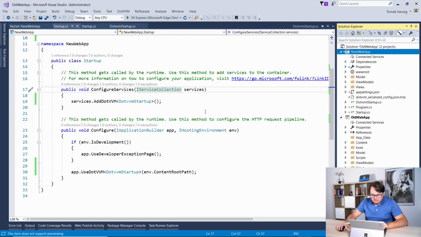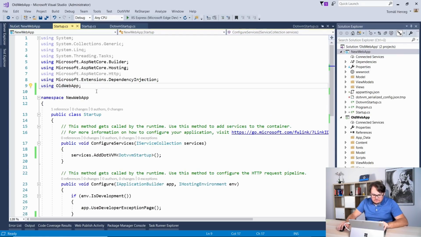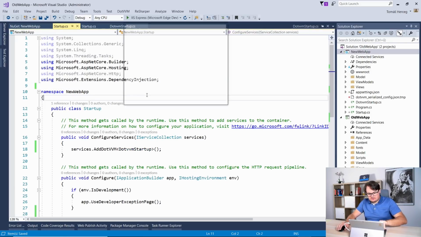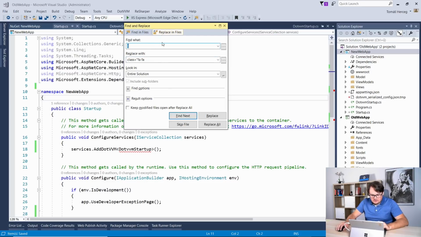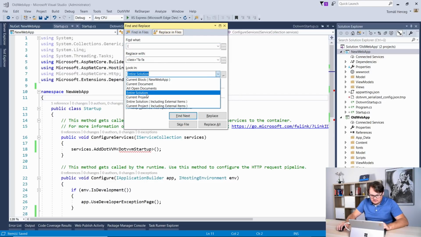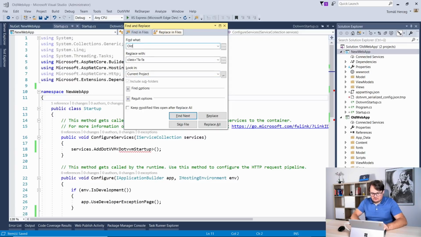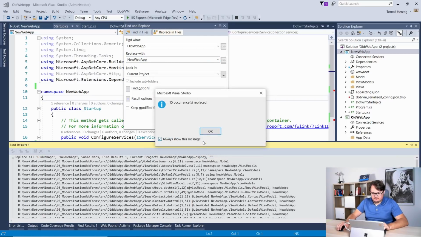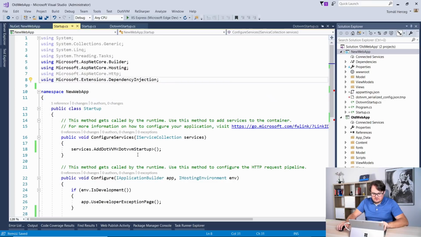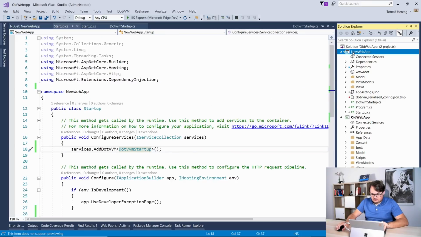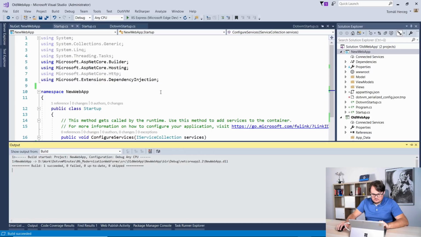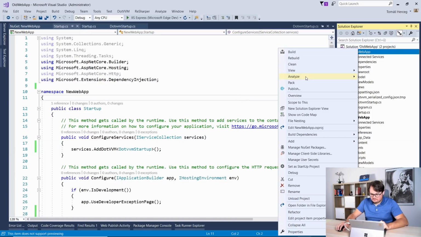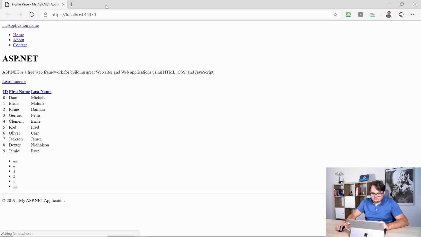Okay, and before I run it, I have to fix all the issues with my namespaces. So I will use Ctrl-Shift-H, replace in files in the current project, and I will replace the old web app with the new web app. And I hope that it will replace everything that should be replaced. Okay, let's try to build the project. Okay, so succeeded. So hopefully when I run this,